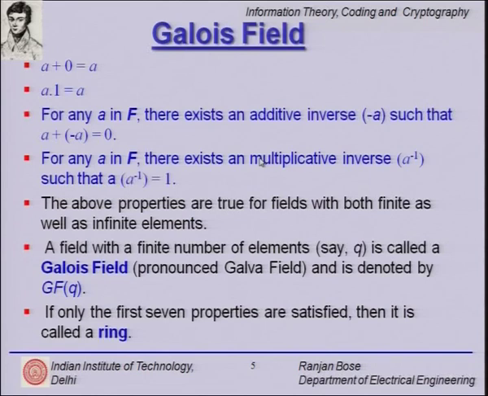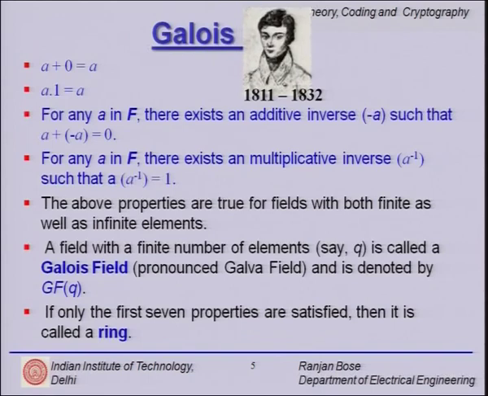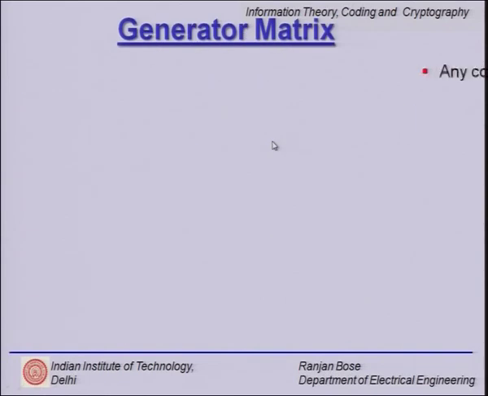We will use this very commonly in our study of linear block codes. This is because we have put ourselves the condition that the sum of two code words must be a valid code word. And we have observed before that Galois in a very short period of time made major contributions in mathematics. We now quickly revisit the concept of a generator matrix.